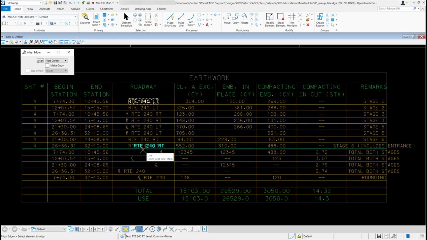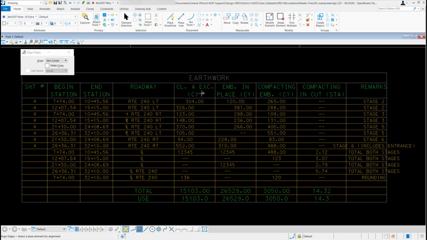If I happen to select the wrong element, you notice it will try to center it. If you don't want that element, you can do a single right click to reset it. Now I can just keep going. Once you're done and you click on the last element, you need to go out to a blank area in your drawing. Just left click one more time to accept that last element, then right click to reset, and you're finished.